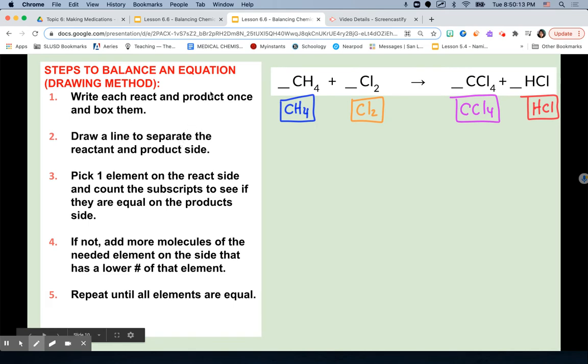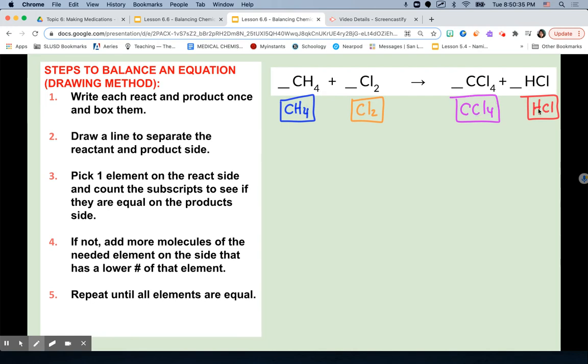Okay, so the second way, I'm just going to call a drawing method. This is a really informal way of solving it. Feel free to choose either method that works for you. So step number 1, I did in all 4 of these colors,